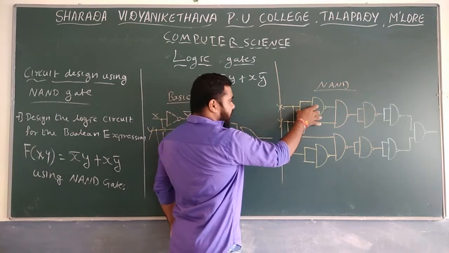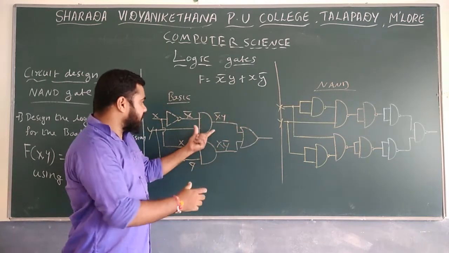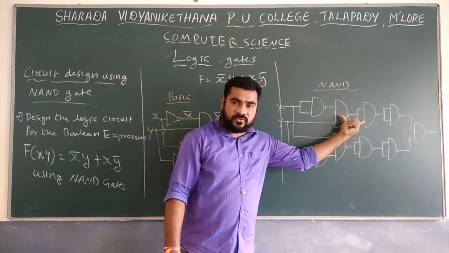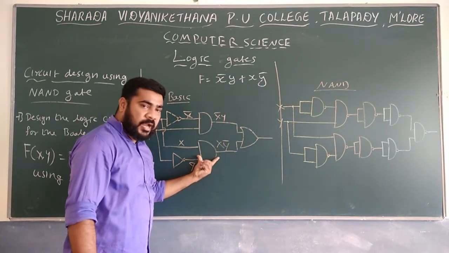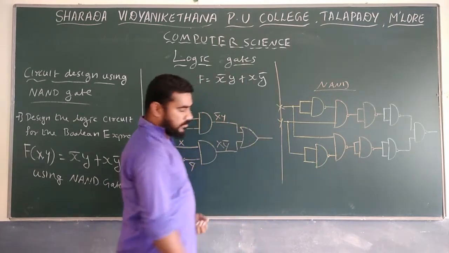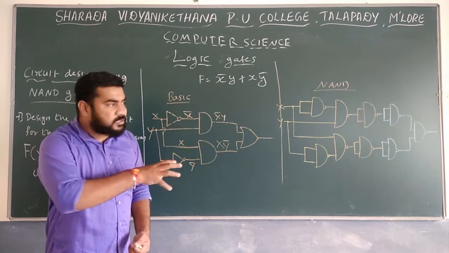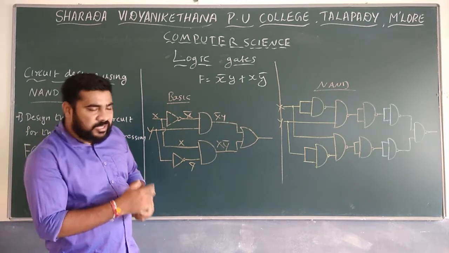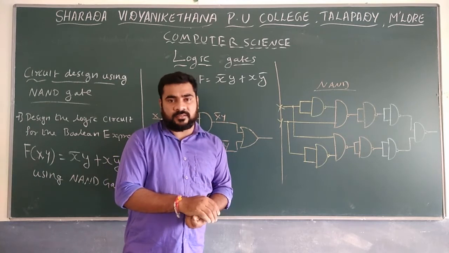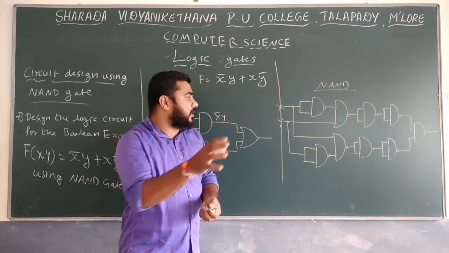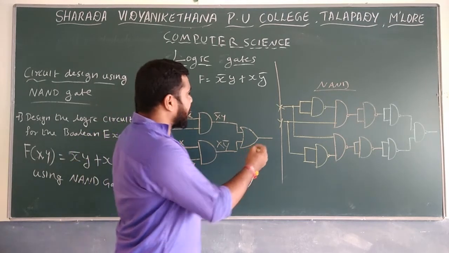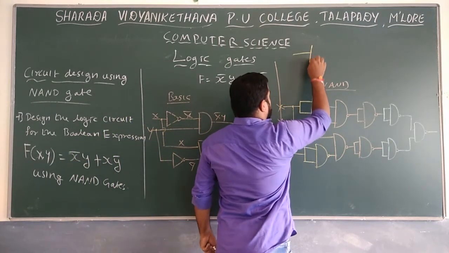So here, first the NOT gate is written. Then for the AND, the two gates that are required, you write them down here. Then if you go for the other AND gate, you also write that down. Then the OR gate. But this is a circuit diagram, and if you write a circuit diagram like this, then later on it's possible to reduce the figures. So normally, this is the one input.